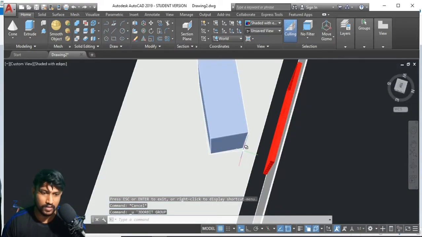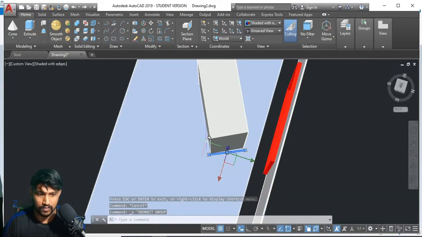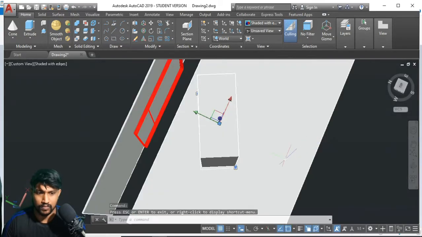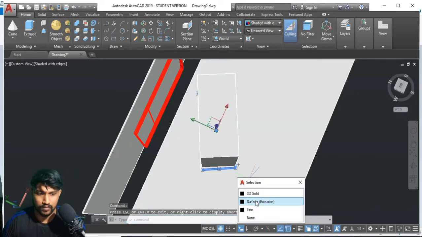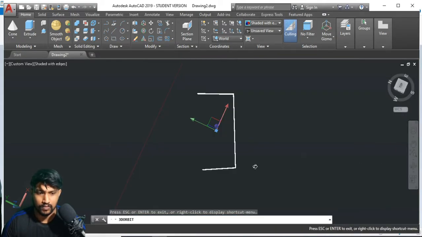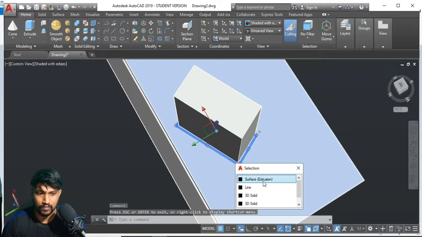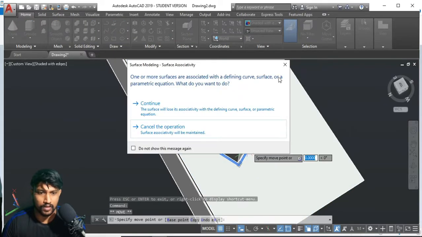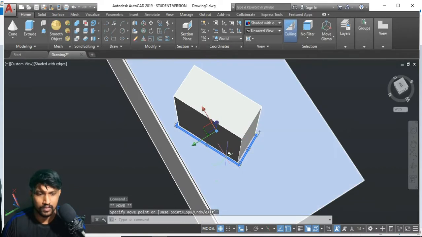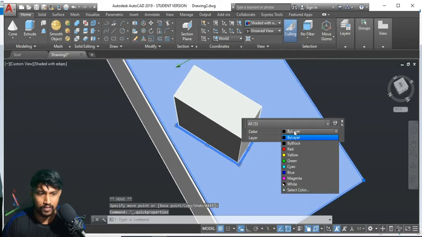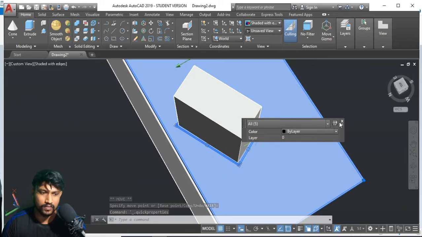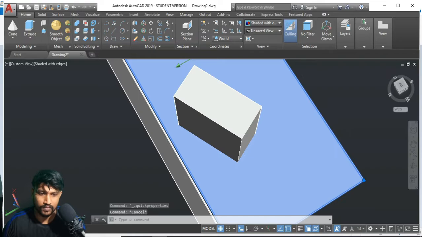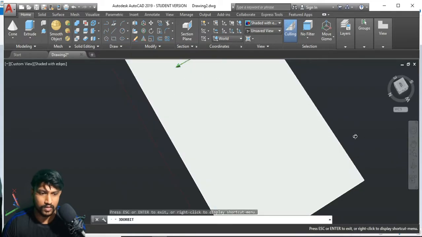I'm going to change the color of this one.